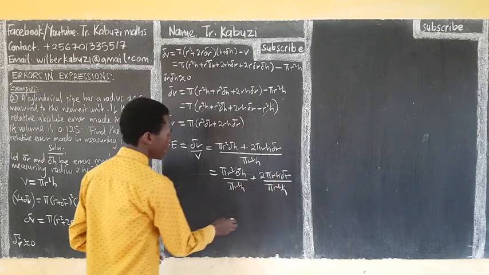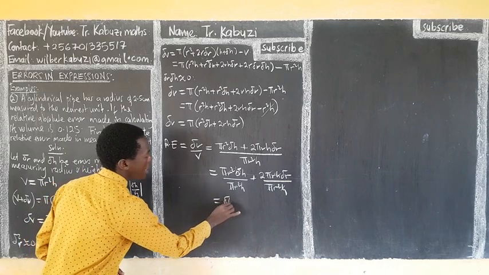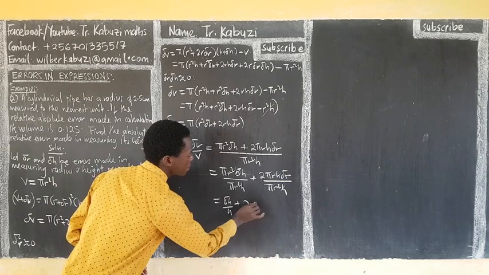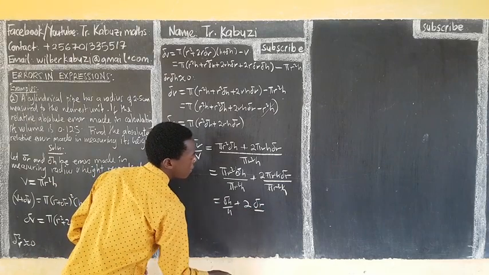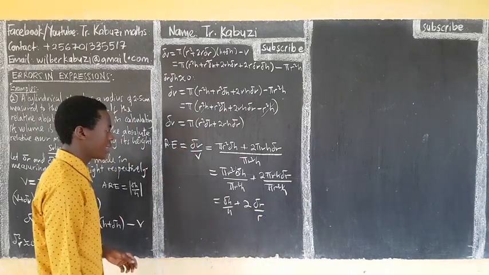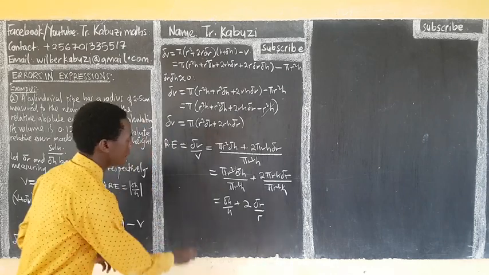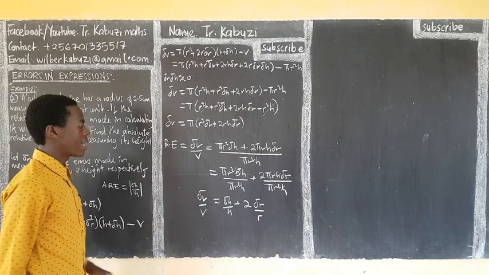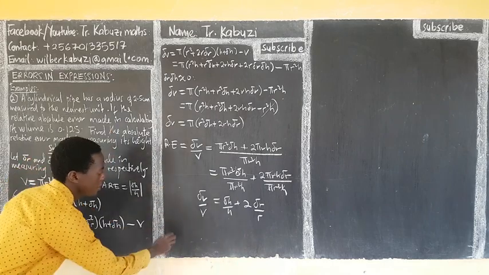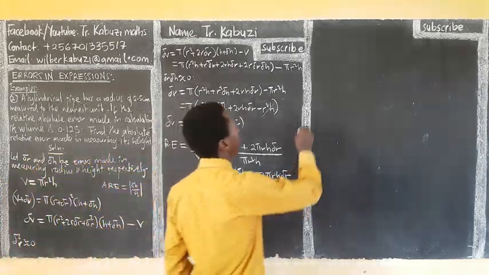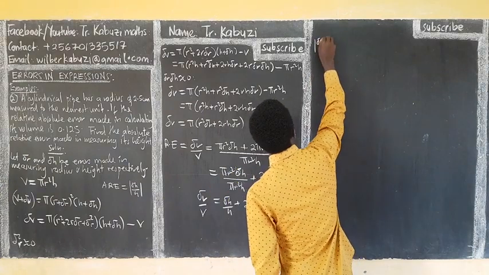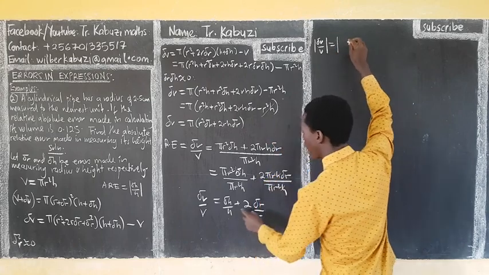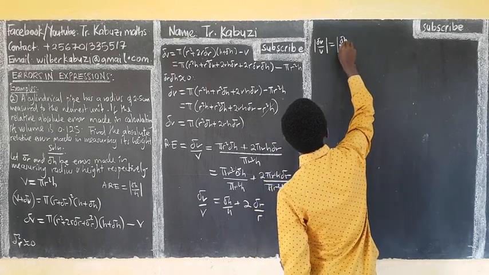then this with this. So this one will be made with sigma h over h, then plus 2 sigma r over r. So this is my delta v over v. Now if I want to take the absolute, the absolute of this is going to be equal to the absolute of